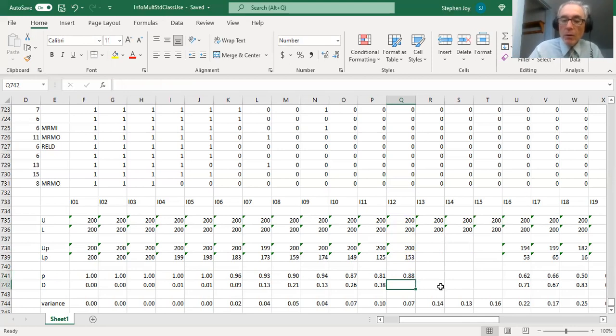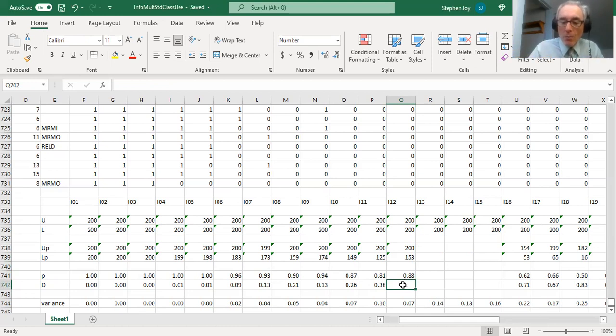So the item difficulty for this item, number 12 on the test, is 0.88, meaning that 88% got it correct, which makes it a pretty easy item. This is a multiple choice test, so it's a pretty easy item, though perhaps not excessively so, given that this is one of those tests where the items start very easy and get harder as you go along. So if you look at the first few items, you'll see that essentially everybody has them right,